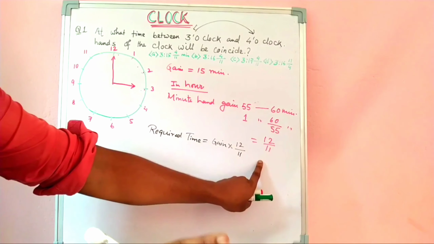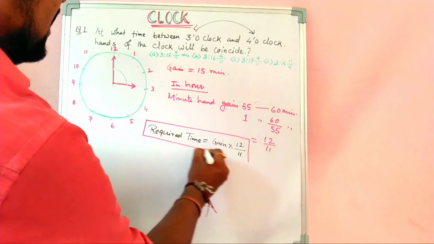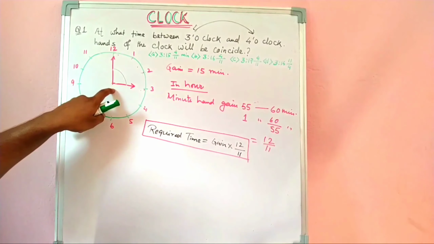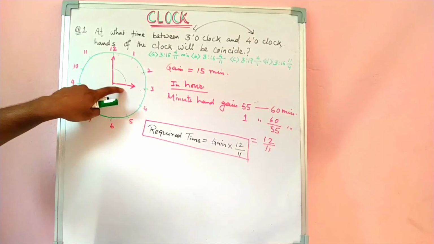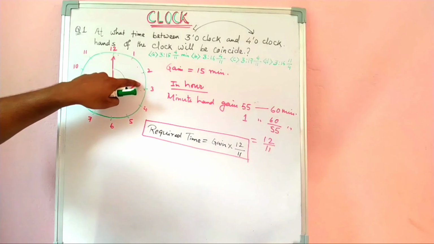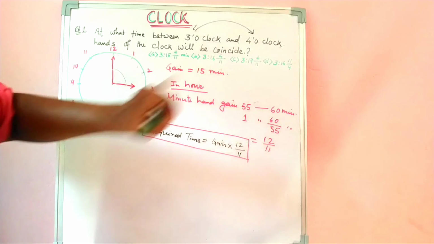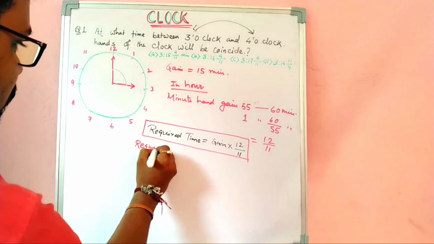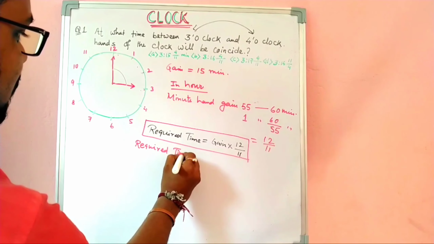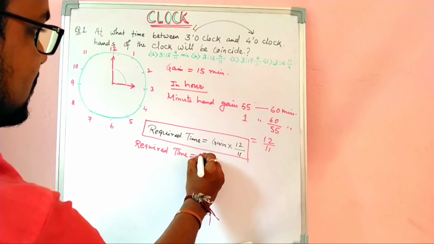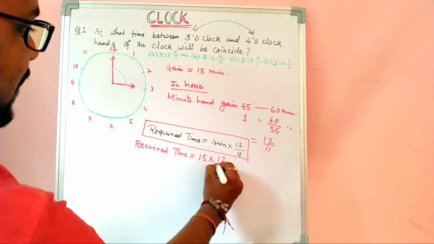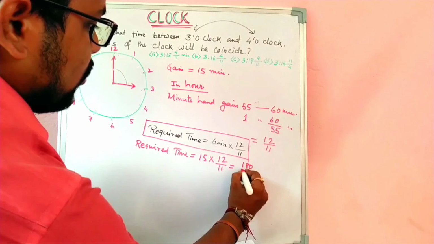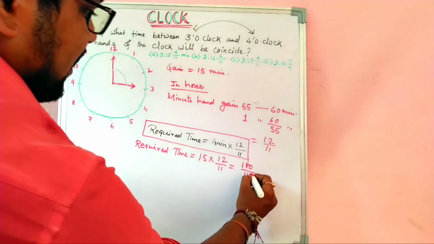Already I explained in the introduction part, right? That 12 by 11, this number you have to remember, and the gain you can get from here because it is 3 o'clock. So 3 o'clock means how many minutes? That is 15 minutes, right? So the gain is 15. So what is the required time? Time will be equal to gain, which is 15, into 12 by 11. If you multiply 15 into 12, that is 180. 180 by 11, if you divide,